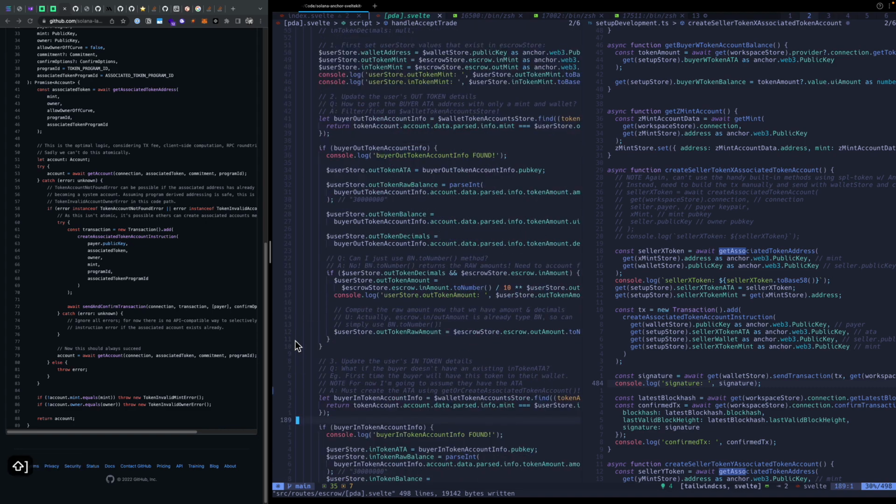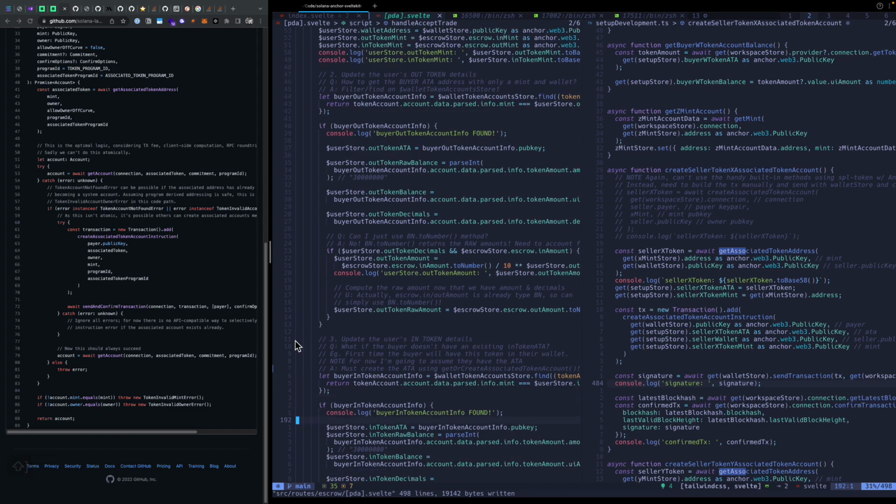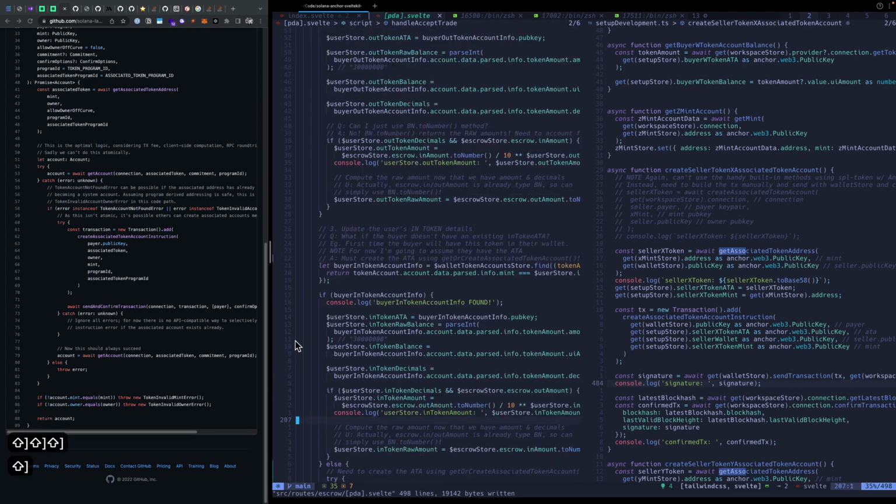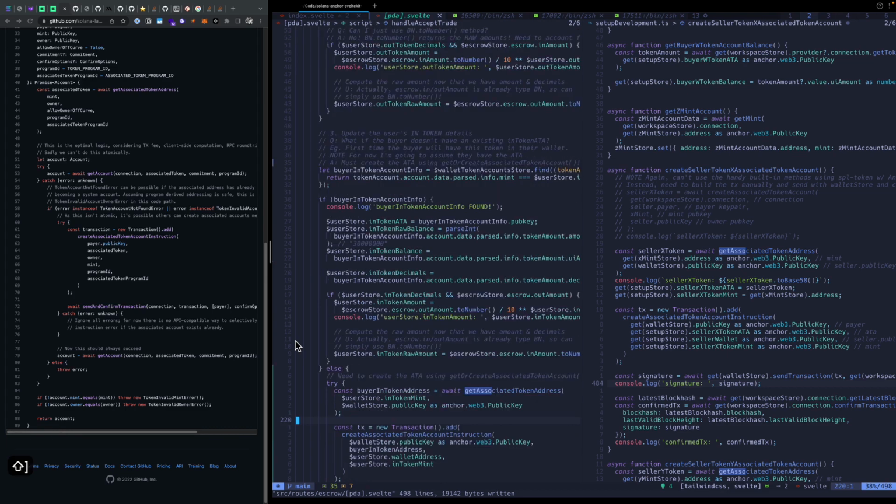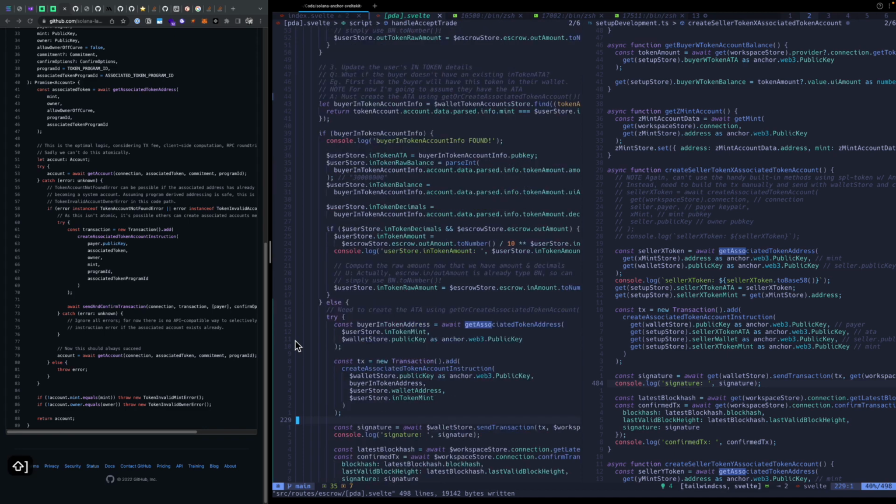Then for the in token, this is where the buyer potentially does not have the ATA, so they're exchanging for an NFT or something, for the first time. They don't have it, so they need... here it's going to check if it's an SPL token, just a normal token. Then they'll check their wallet and see if they find anything. If so, great. We do the same thing that we did up above for the out token, but if they don't, then we need to, this is essentially us implementing